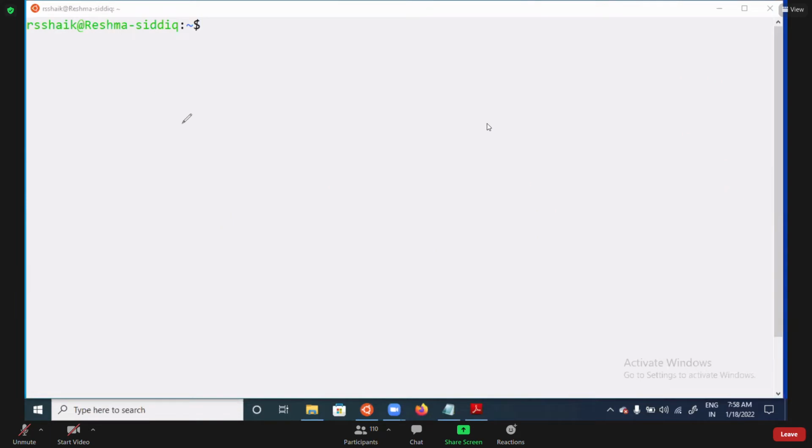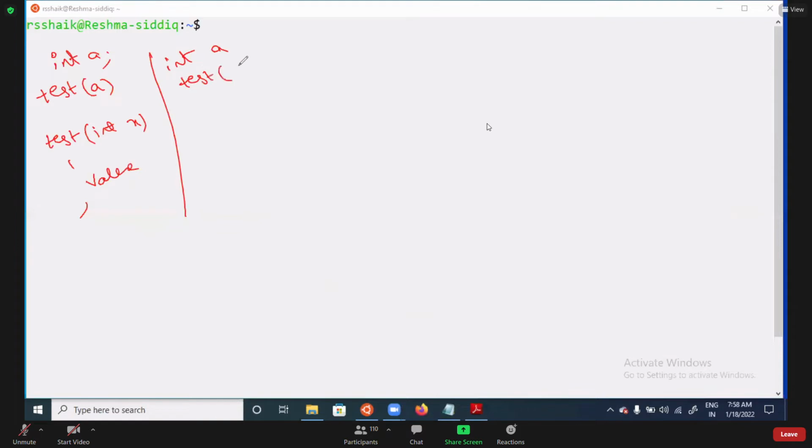If you are writing like this, int a, test of a, then test of int x, this is value. Int a, test of address of a, test int star x, this is address, call by address or reference.